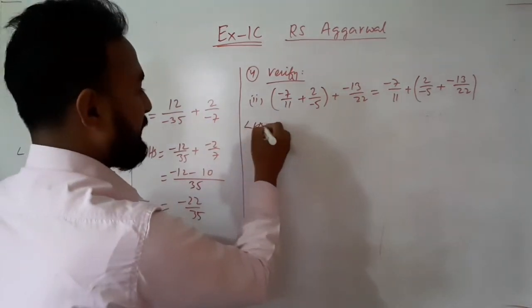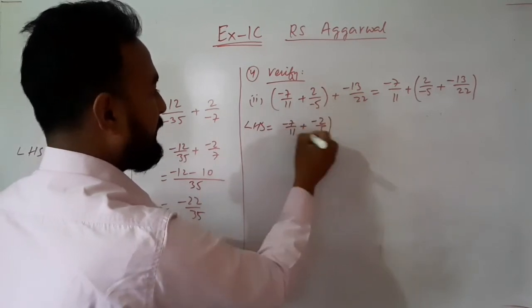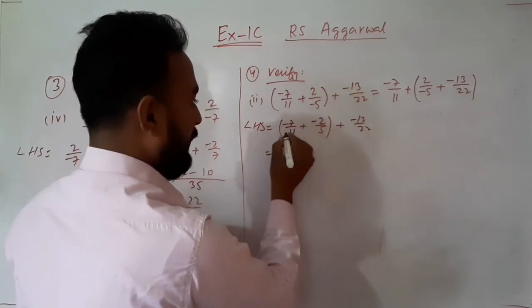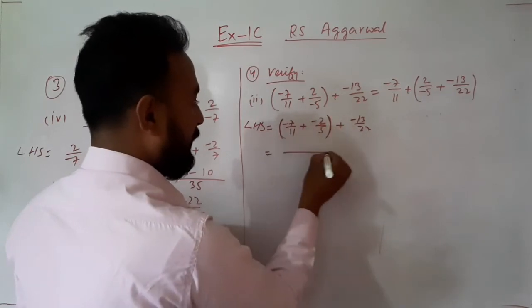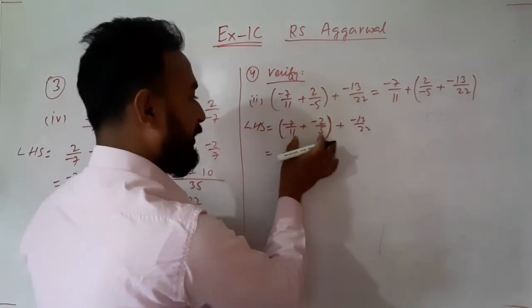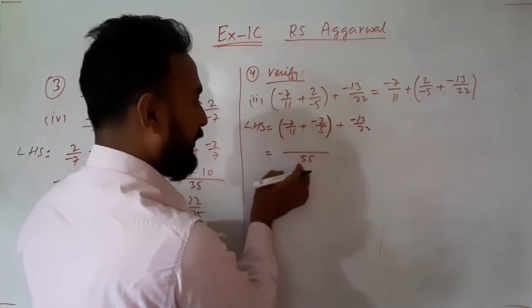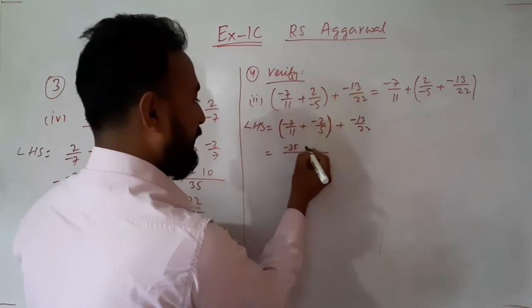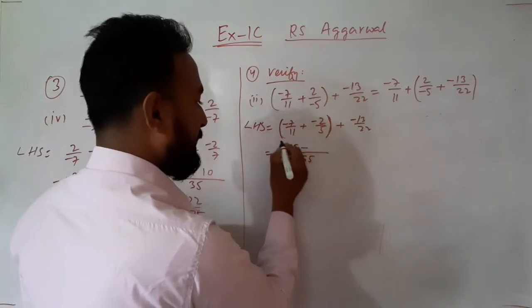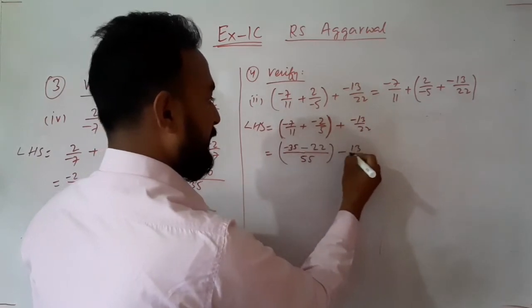Here also take the LHS, that is minus 7 by 11, and put the minus sign with the numerator as I said, plus minus 13 by 22. So now first of all you have to solve what is inside the bracket, because according to BODMAS. What is the LCM of 11 and 5? These two are different numbers, so let's multiply. 11 5s are 55. So when you divide 55 by 11, you get 5, 5 7s are 35, and plus into minus, minus, and this 5 11s are 55, so 11 2s are 22, and plus minus 13 by 22.